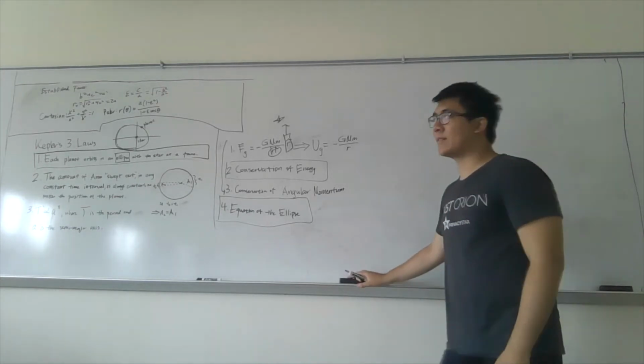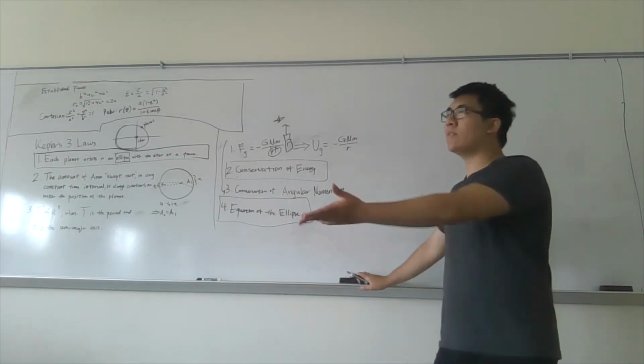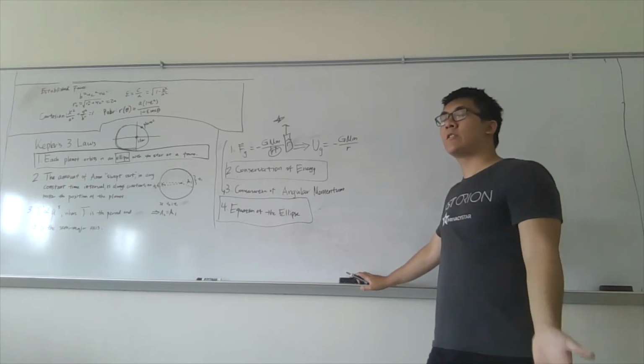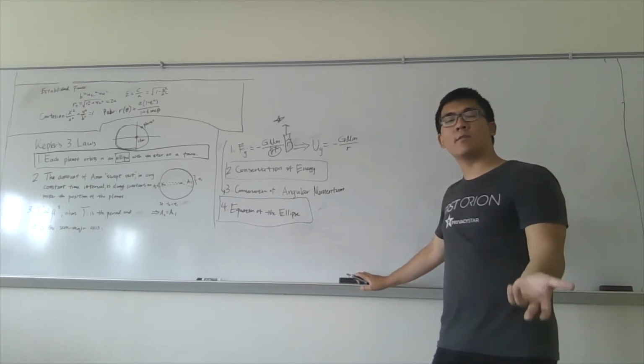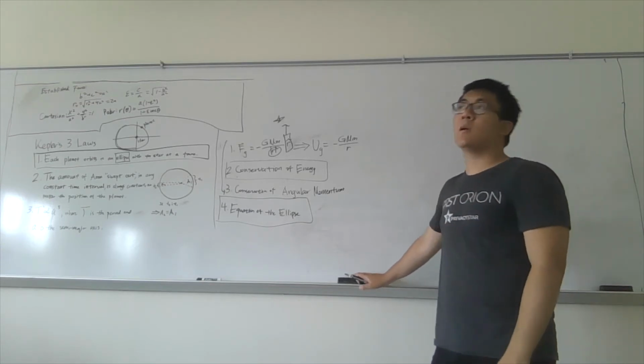Obviously, our planets and our star are arranged in three-dimensional space. Our planet is moving in three-dimensional space. We can't simply make that jump. However,